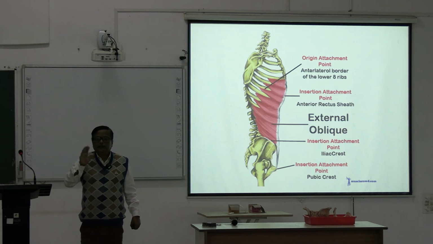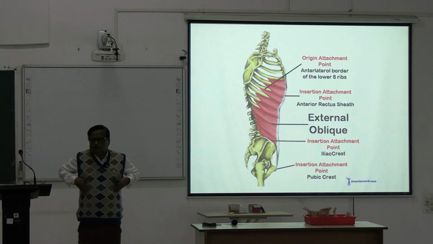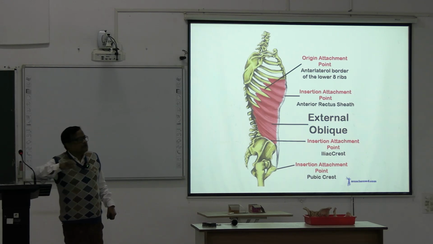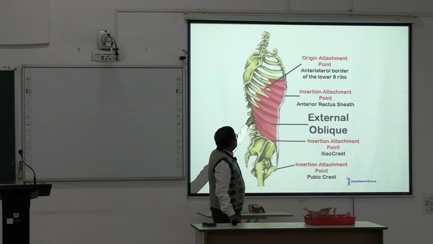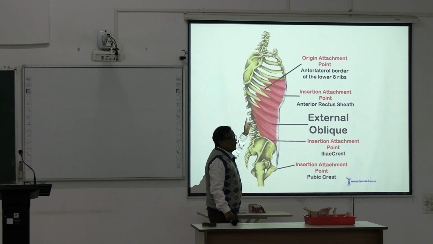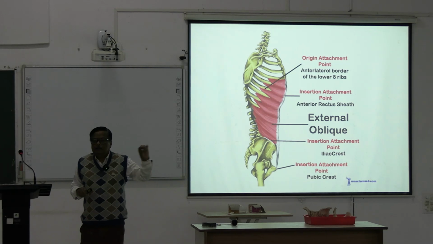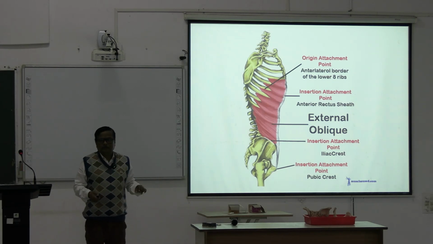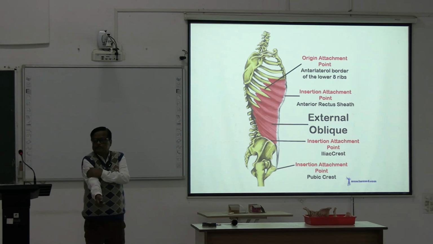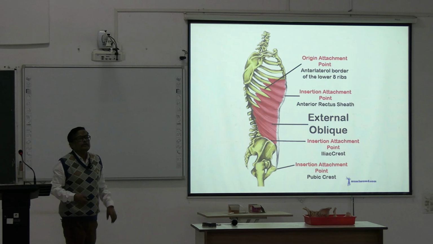আর ওটা তাহলে কি বললাম, এক্সটার্নাল অবলিক ইজ অরিজিন ফ্রম অ্যাবাভ। অ্যাবাভে কি রয়েছে, রিবস, কস্টাল, তাই তো? অ্যাবডোমেনের অ্যাবাভটা কি, রিবস, কস্টাল, তাহলে কোথা থেকে নেই, 8। সো এক্সটার্নাল অবলিক মাসলস টেক্স ফ্লেশি অরিজিন ফ্রম দ্য আউটার বর্ডার, আউটার সারফেস অ্যান্ড লোয়ার বর্ডার অফ লোয়ার 8 ribs. লোয়ার 8 ribs মানে কি, 5th, 6th, 7th, 8th, 9th, 10th, 11th and 12th বাই ডিজিটেশন। দেখো এইটাকে আমরা বলি ডিজিটেশন, ওই এক একটা আলাদাভাবে নিচ্ছে, যেমন সেরেটাস অ্যান্টেরিয়ার আলাদাভাবে নিচ্ছে, কিন্তু ব্রেকিয়ালিস কোনো ডিজিটেশন নয়, অ্যাজ এ হোল মাসলকে কভার করে নিচ্ছে। তো এইরকম ভাবে যখন মাসল অরিজিন নেয়, when this muscle takes origin by slips, ছোট ছোট স্লিপসে, তাকে আমরা বলি ডিজিটেশন।